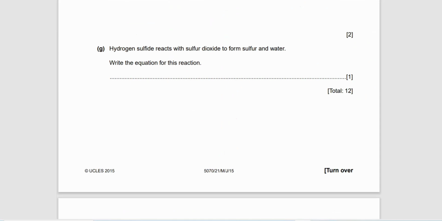Hydrogen sulfide reacts with sulfur dioxide to form sulfur and water. Hydrogen sulfide is H2S. Okay, so write the equation for this reaction. H2S reacts with sulfur dioxide, SO2, to form sulfur and water. Water is H2O. Okay, so here we have two oxygen, so I will have to write 2 over here. So 2H2O. Two twos are 4, and here 2 oxygen, and this 1 sulfur and 2 sulfur from here. Okay, because 2 is multiplying with this as well, so 3 sulfur will be formed. Okay,